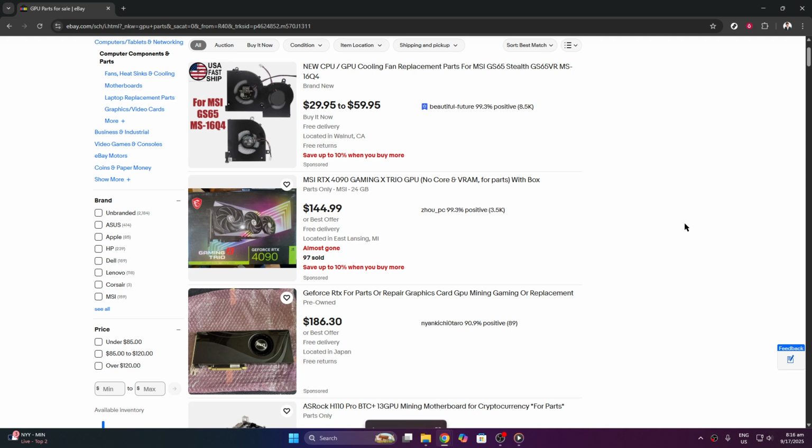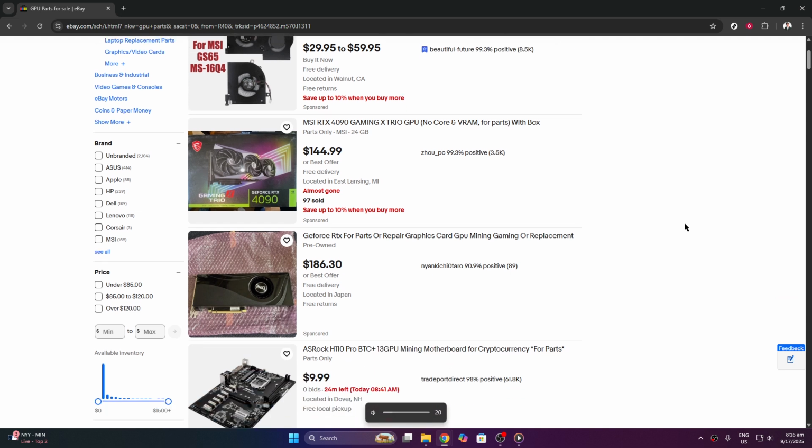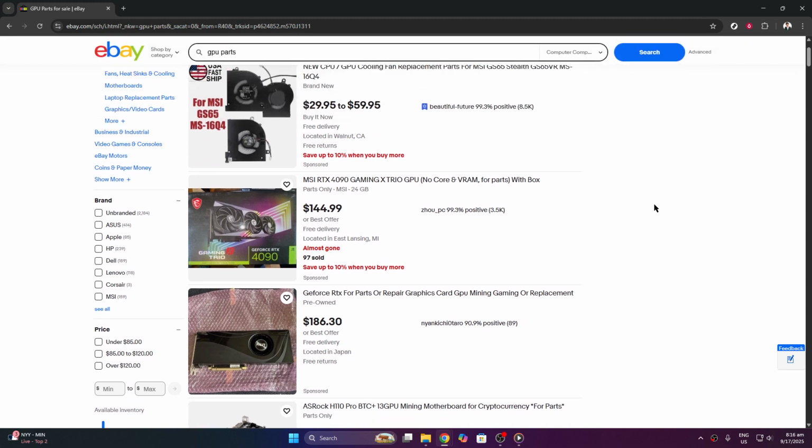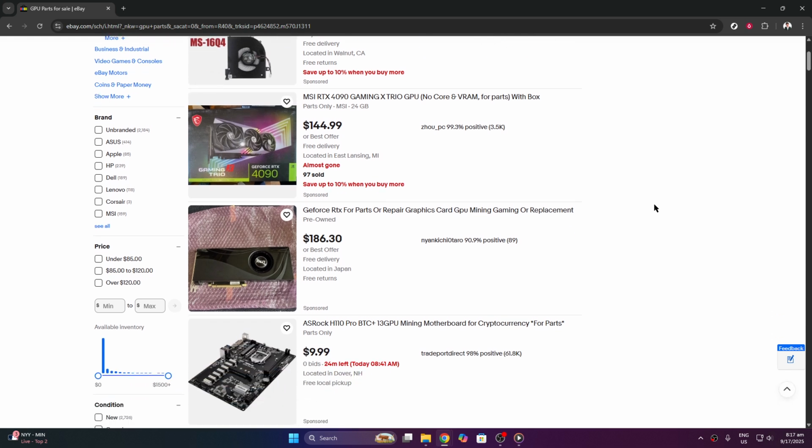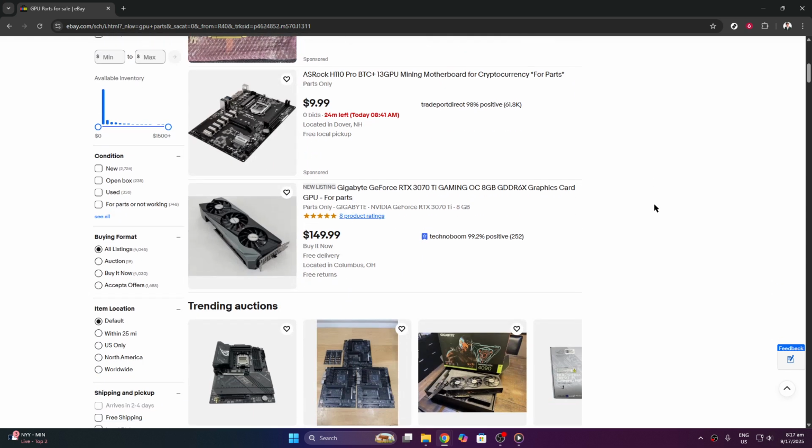When something catches your eye, click on the listing to get more information. This action will lead you to a new tab or page, which is the product listing, where you'll find all the details about the item. Here, it's important to read the description carefully. This is the seller's opportunity to tell you everything about the PC part, including its specifications, condition, and any potential